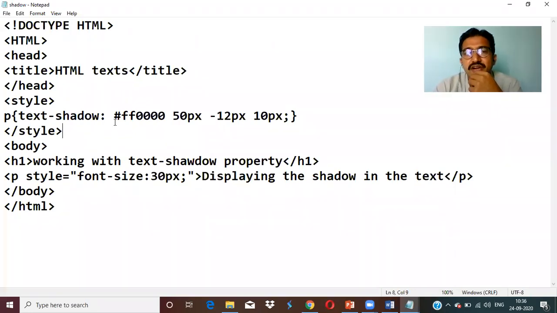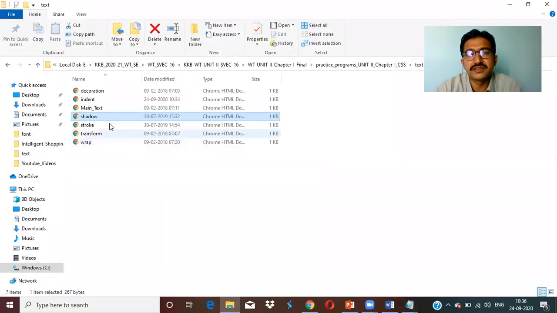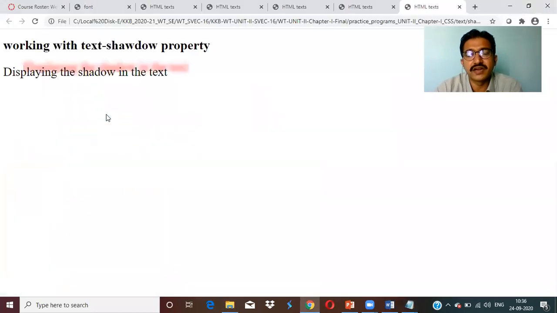So if you want to have a shadow for this one, the color, the size of the font we are applying, and it is going to have a shadow of minus 12 pixels, and it gives the sizes over there. So let me see what these four values indicate for a shadow. Now when we run the program, let me see the shadow so that we can understand how it is reflected.